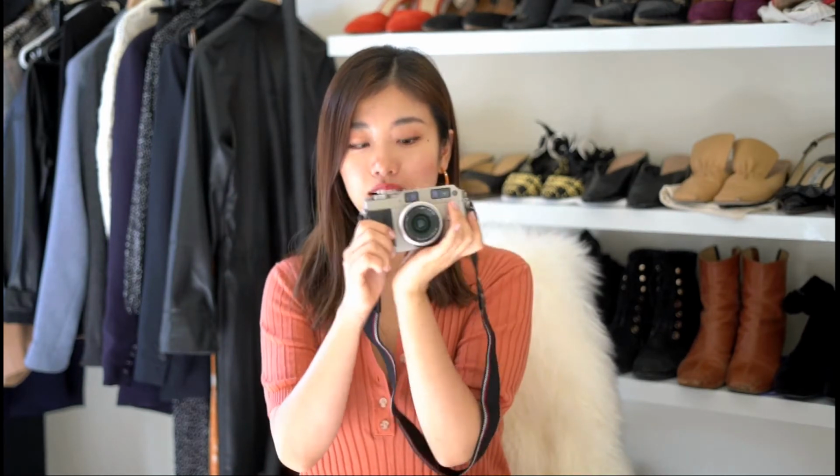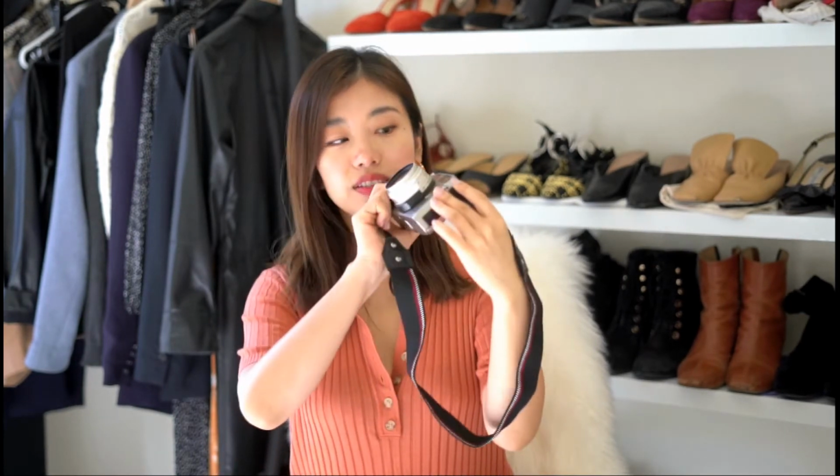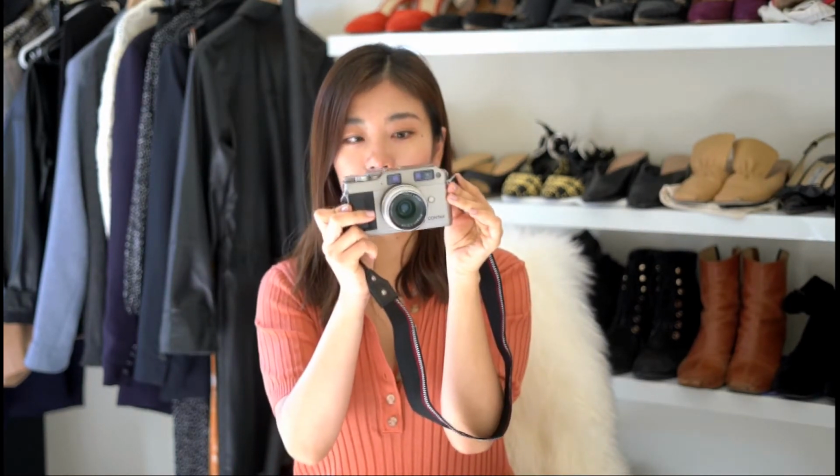Today I'm doing a film camera review on this camera I purchased not a while ago, and this is a Contax G1. The camera looks like this. I mean, how pretty is the camera? This is probably by far one of the most beautiful cameras I've ever seen. I'm pretty lucky I got this camera in such a good condition. As you can see, it's almost brand new,